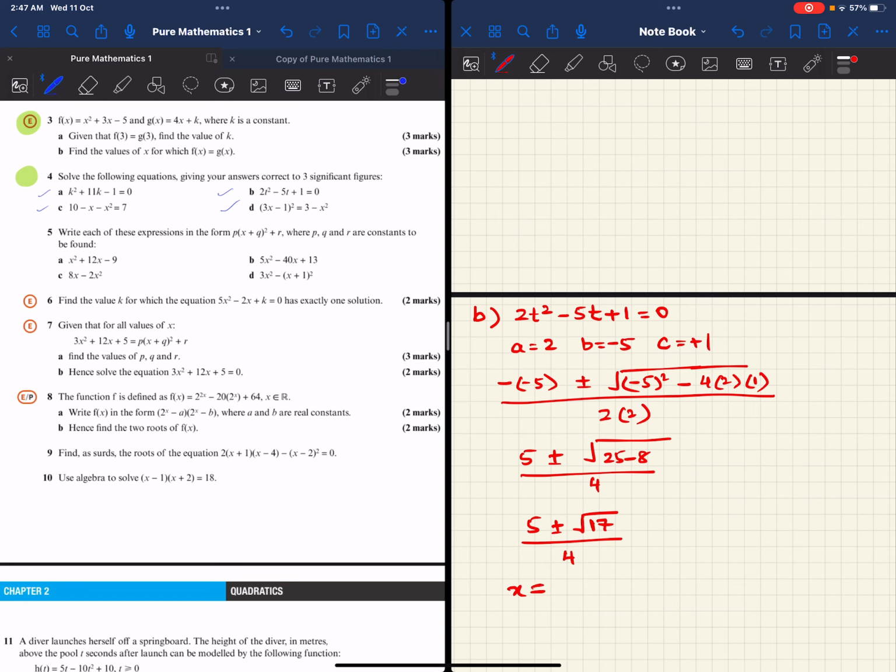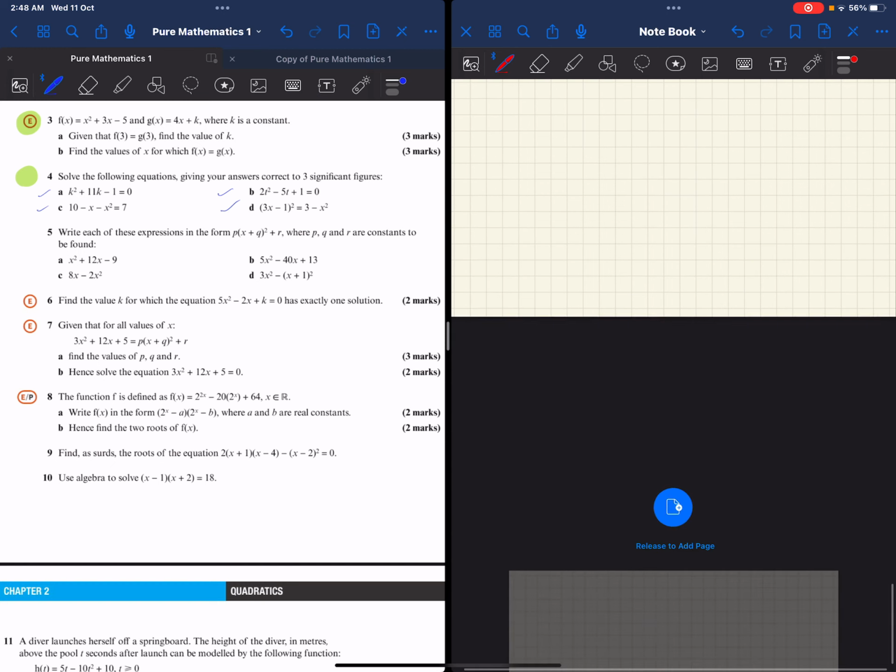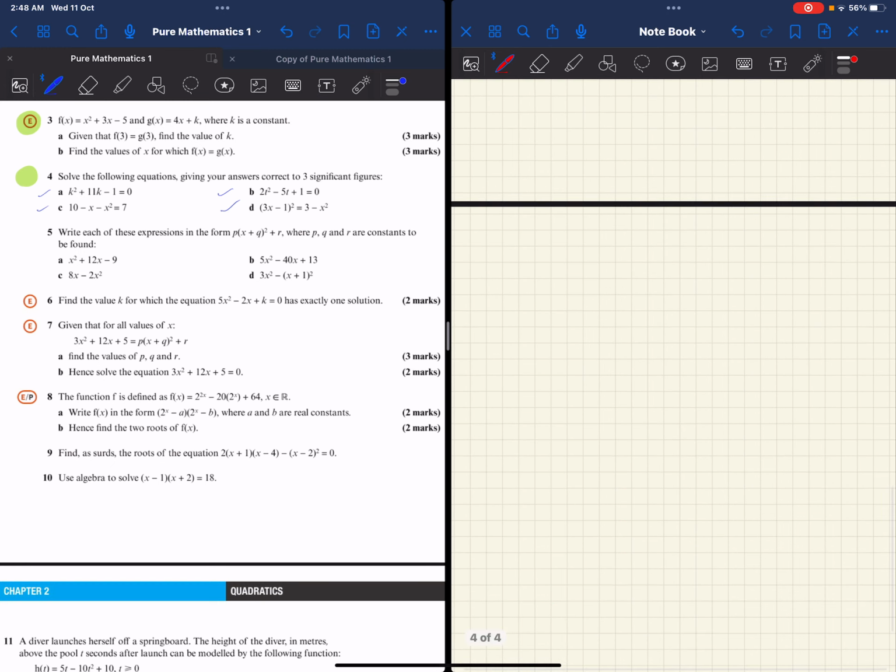So this is 5 plus or minus root of 17 divided by 4. So our x values are 5 plus root of 17 divided by 4, and that is 2.28 to 3 significant figures, and 5 minus root of 17 divided by 4, which is equal to 0.219 to 3 significant figures. Moving on to question C, we have